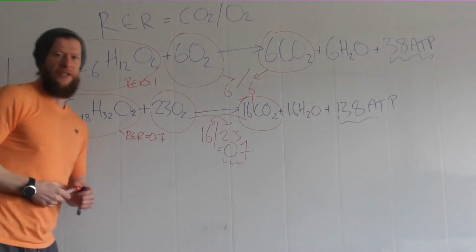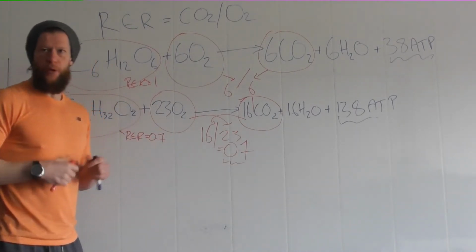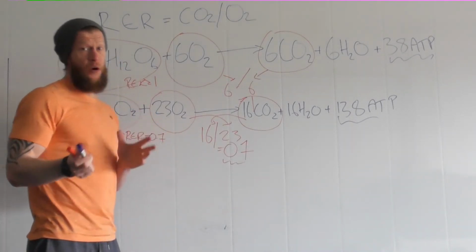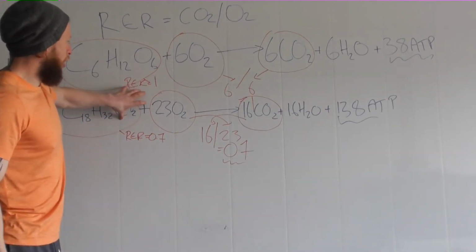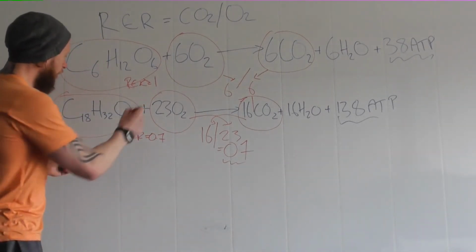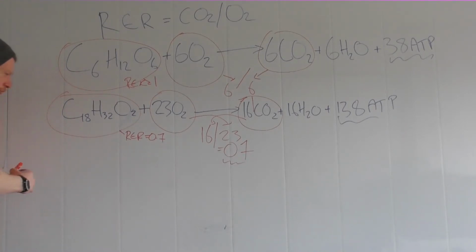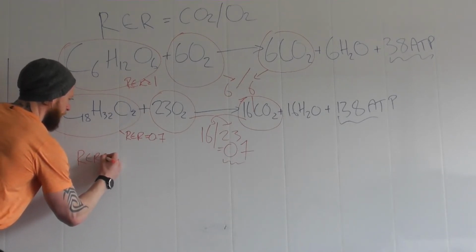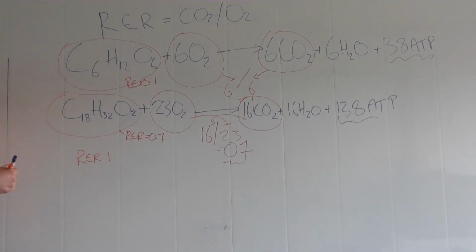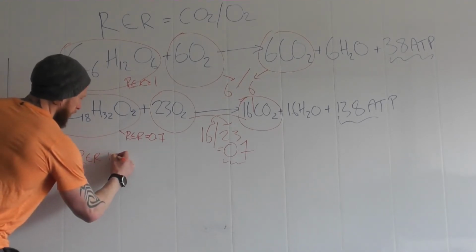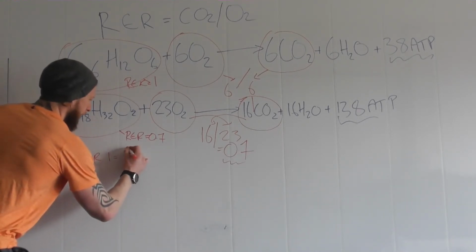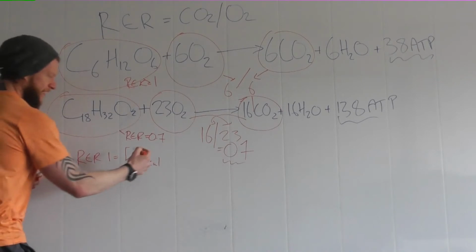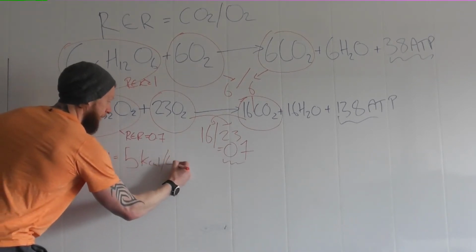So now what do we do with this? Okay, now there's some other maths that we need to talk about here as well. I'm not going to go too much into those, but what we do know is we have what are called R values or RER values. So with our RER at 1, we're going to change pen colour slightly, going to go red now. So with an RER of 1, that means that we are producing the equivalent of 5 calories, 5 food calories, kilocalories, or big C calories, depending on what you call it, per litre